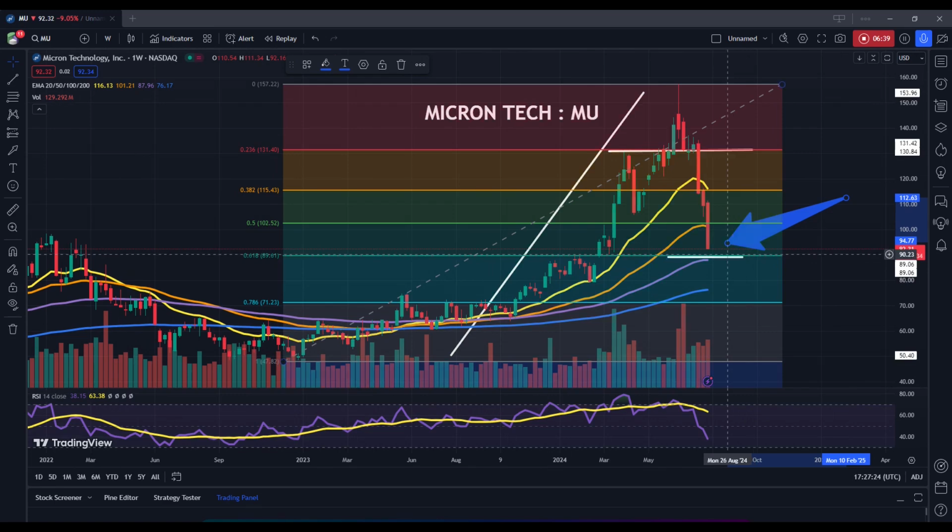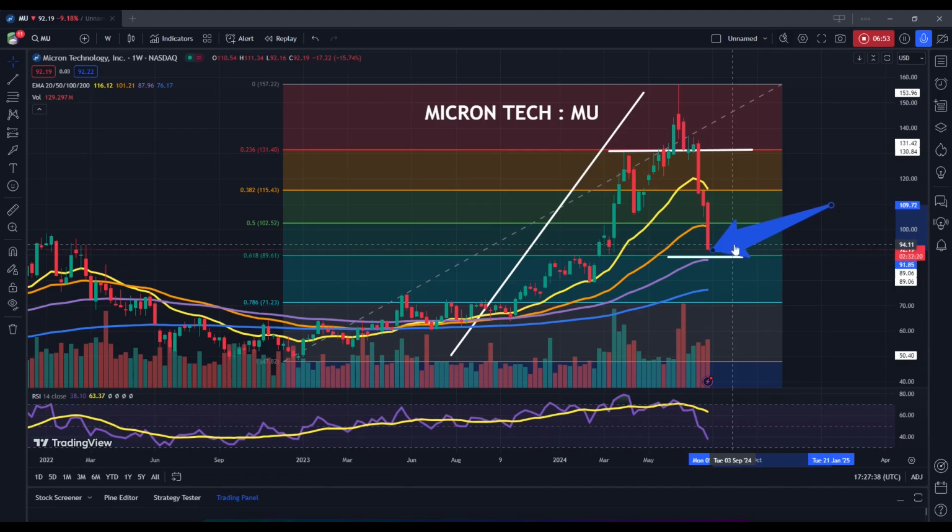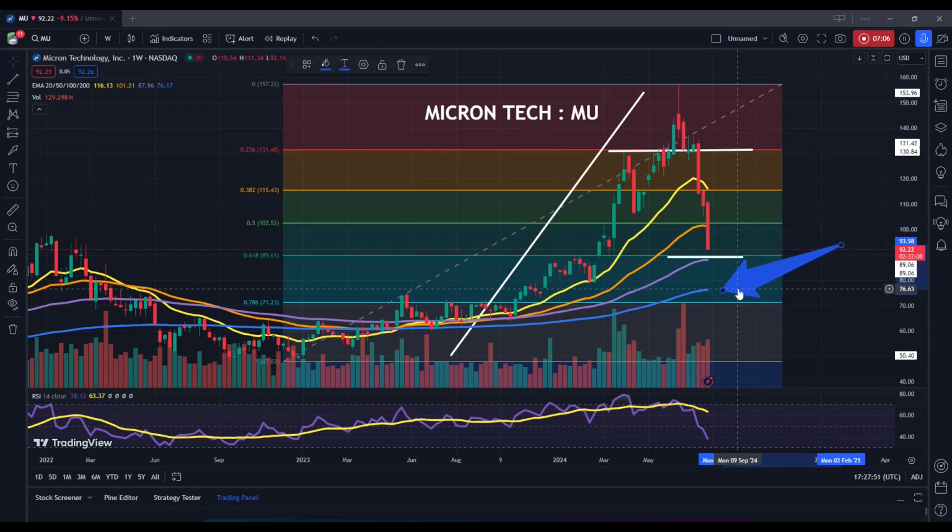But we will need to watch for downside here, because if we do see a downside break, that would be a very significant break. So in other words, if I was going to be trading this, I would look to go long the stock roughly around the 90 mark, but probably have a very tight stop loss, because if we do break below this level, as we can see here, we're going to be losing support zones at this 61.8% retracement and at the 100-week exponential moving average. From there, you would have to go all the way down to roughly